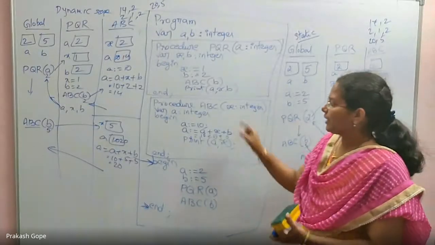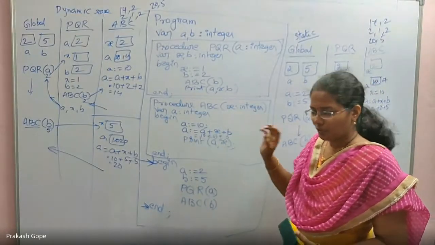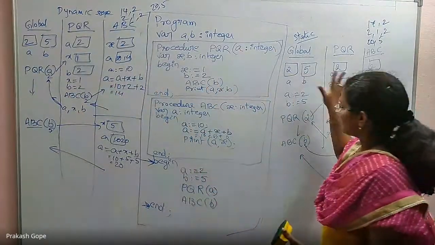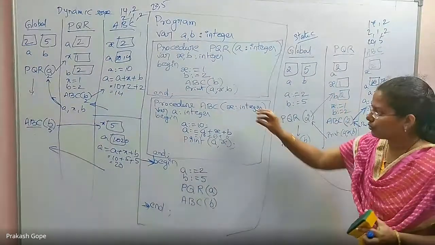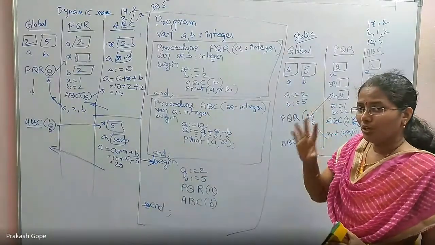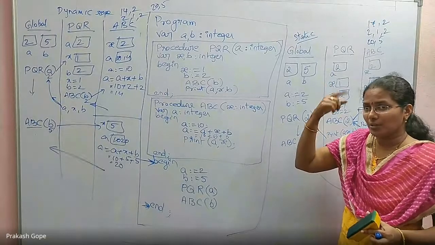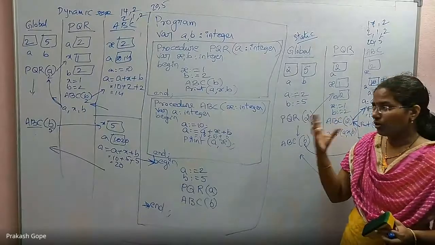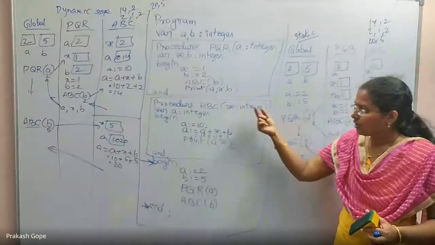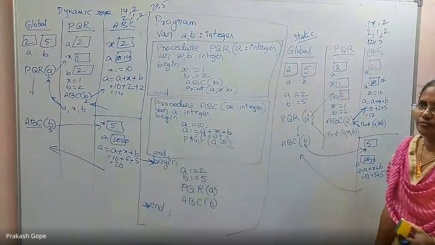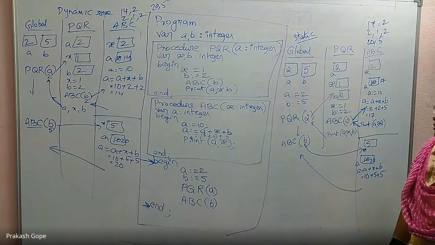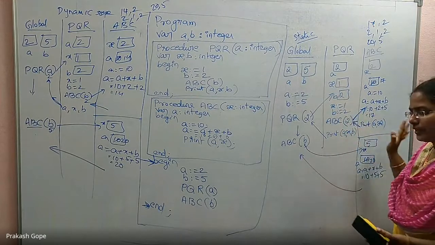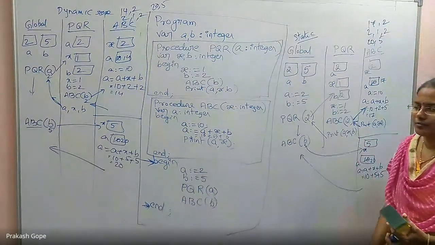So previously when I explained, I drew the boxes here, right? That was just for explanation. But when you are solving the question, please follow this method. Please understand why I am saying this: if you draw boxes here, you will get wrong answers when the questions are combined with other concepts. You don't understand whether you have to draw a box or it's like a pointer kind of thing. When we solve questions, you will understand. Please make it a habit to solve questions like this only, so that you will get the right answer.